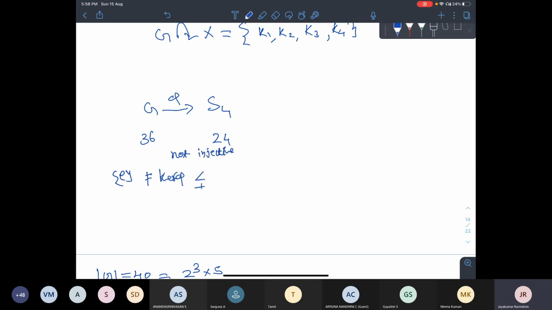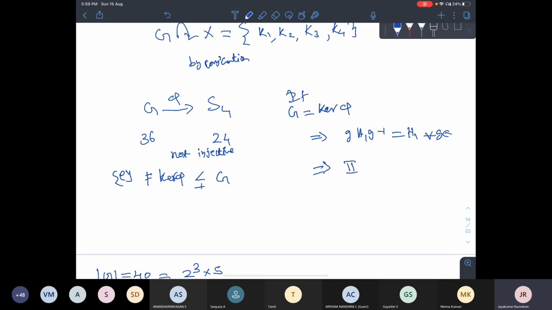And actually, this is again the same reasoning. It cannot be. This implies, by conjugation, the same action, g H1 g inverse equals H1 for every g. And this implies the second Sylow's theorem is not true. See how many times I called the second Sylow's theorem. The first Sylow's theorem is just existence, that's okay. But the second Sylow's theorem and its corollary are much more useful. First, you count it using whether it is unique or not, go for the second Sylow's theorem.